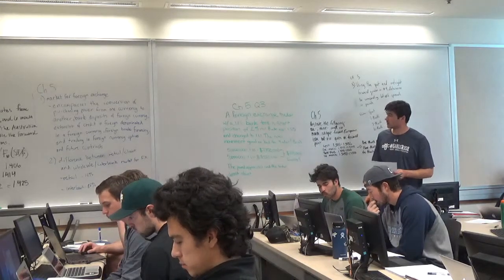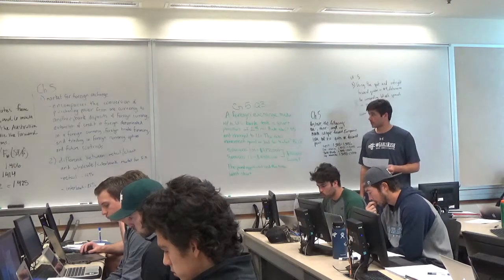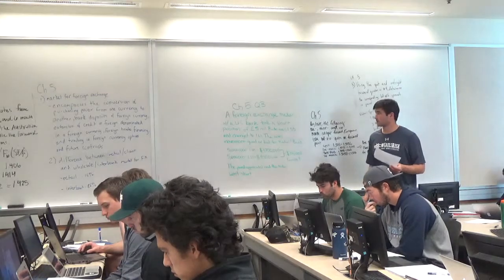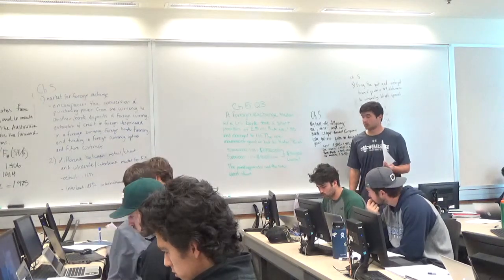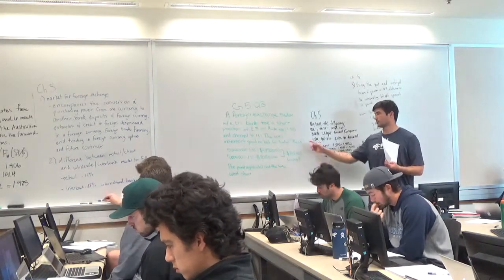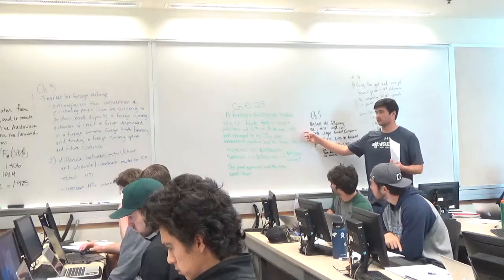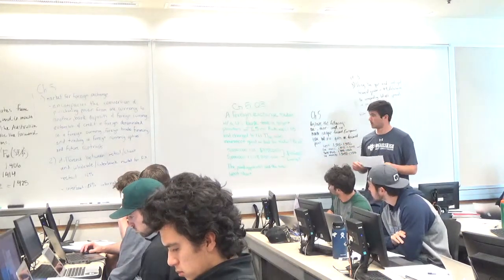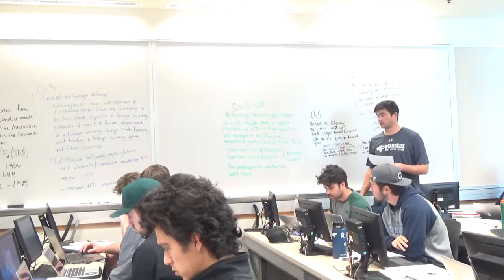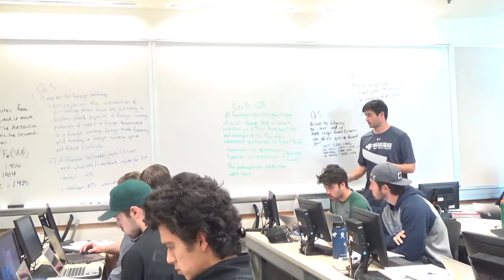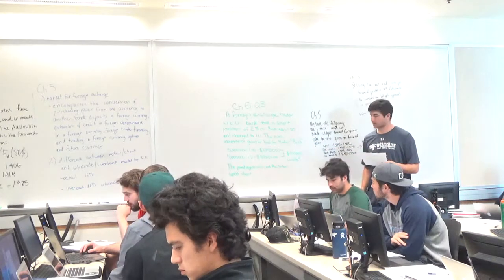Go ahead. So question 3 of chapter 5. A foreign exchange trader with a U.S. bank took a short position of 5 million pounds. The rate was $1.55 to the pound, and then it changed to 1.65. Is the rate's movement good or bad for the trader? And then it asks for the change in the bank's liability.